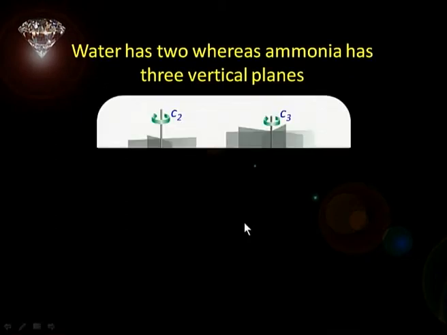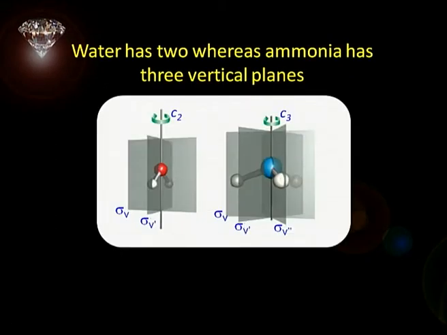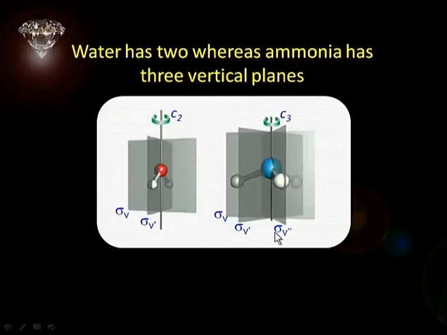Take some examples. Say a water molecule. A water molecule has two vertical planes of symmetry. You can see that if you look at the water molecule, there are two sigma v's. One is sigma v, one I labeled as sigma v prime. So if you look at the water molecule, the very plane of the molecule itself, the plane which includes the oxygen atom and the two hydrogens, this itself, because if I take this plane and try to reflect the molecule through that, it will be identical. So this is my one vertical plane, and the second vertical plane is the one which cuts through this molecule through the oxygen atom, as I showed you earlier. Similarly, in case of ammonia, there are three vertical planes there.